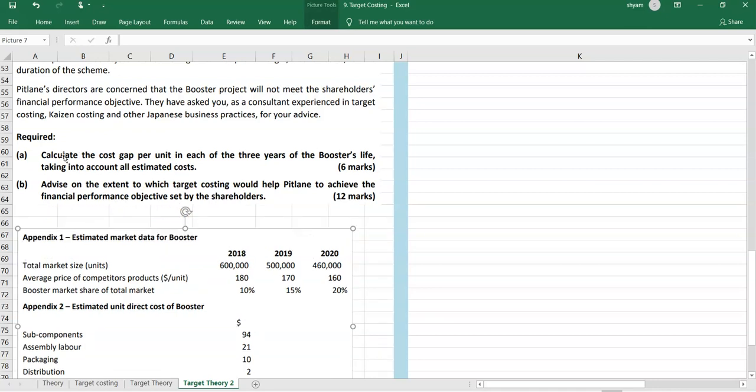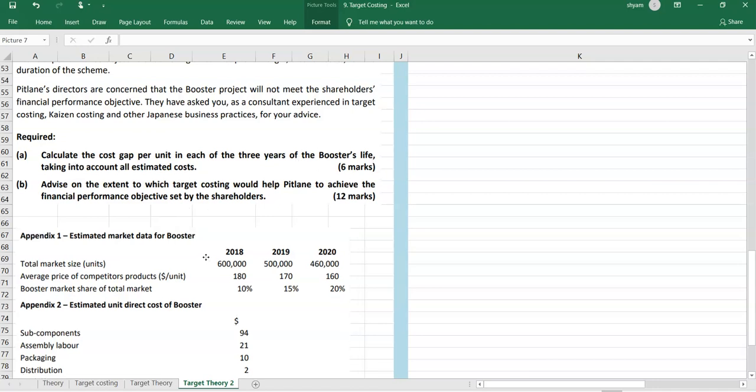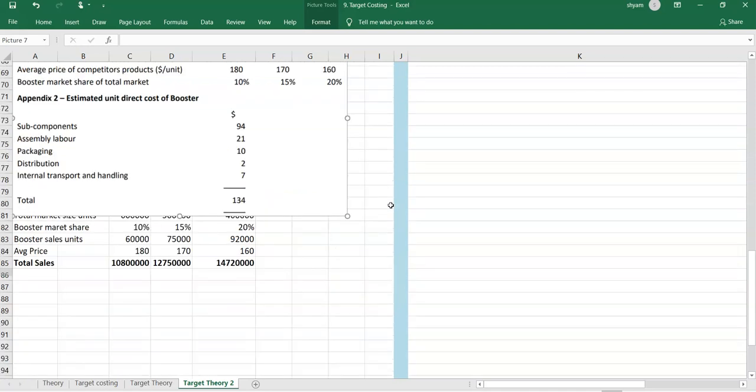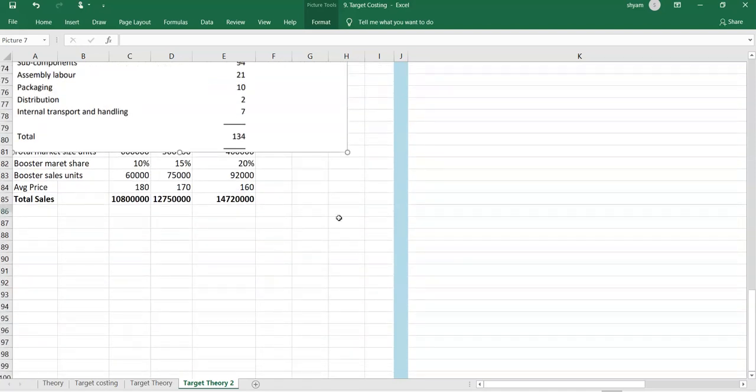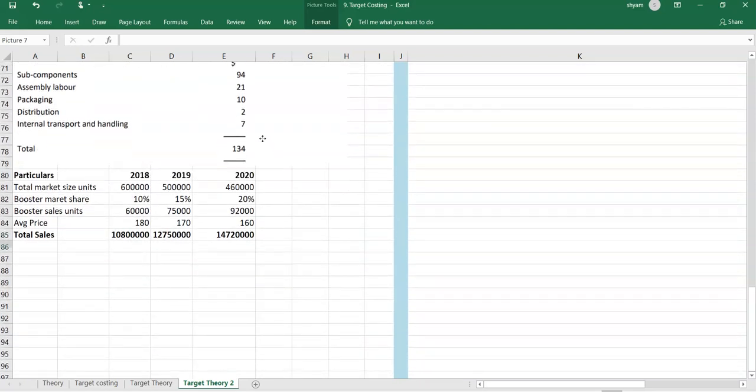No, sorry, this one. Calculate the cost gap per unit. Per unit is asking in each of the 3 years of the booster's life, taking into account the estimated cost. So he doesn't want the full cost how it is moving. He just wants us to find out each year what would be the estimated gap. So we don't need to find out the total sales. What we can do is we can try to find out